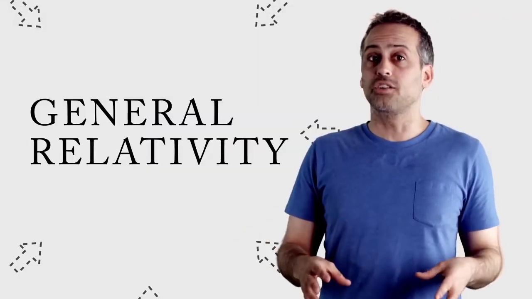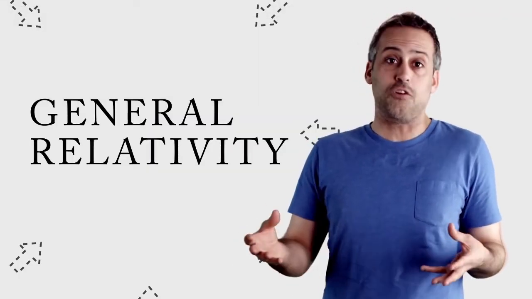It makes several predictions that Newton's theory of gravity does not, and so far, it has passed all its experimental tests. And one of the central precepts of general relativity is that we inhabit a curved spacetime. And in that curved spacetime, the orbit of the ISS is a constant speed straight line. The arc of a basketball during a three-point shot, constant speed straight line. But you, sitting perfectly still in this chair watching this video, you, my friend, are accelerating, giving you the impression that there's a force of gravity when in fact no such thing exists.